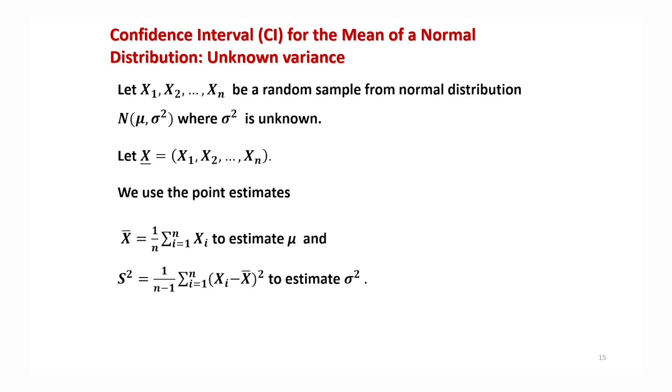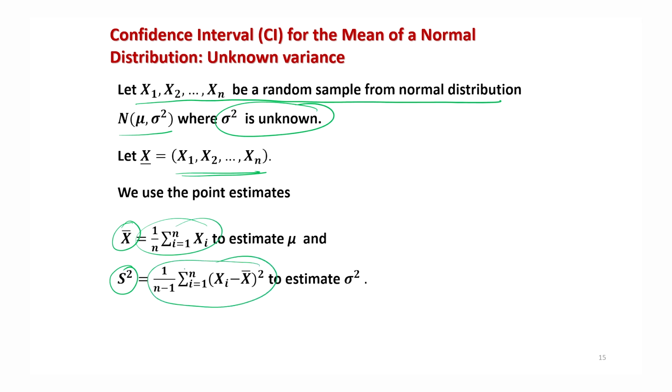That is the confidence interval for the mean when the sample is from a normal population, normal mu sigma square, where mu is unknown and sigma square is unknown, right? Once again I assume that x1, x2, xn is a random sample from normal distribution mu sigma square, where sigma square is now unknown, and let this data be in the vector x1, x2, xn. From here we find the point estimates of mean and variance. The point estimate of mu will be x bar, and the point estimate of sigma square will be capital S square, which are given like this: the arithmetic mean and the sample variance, 1 upon n minus 1 summation i goes from 1 to n xi minus x bar whole square.